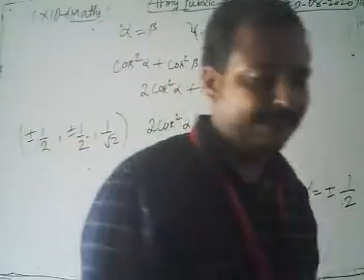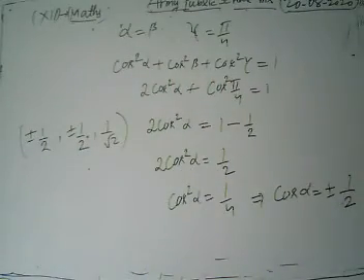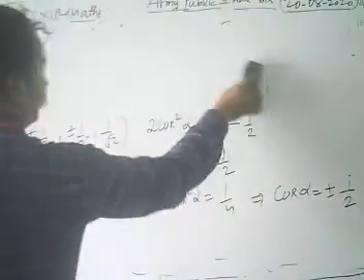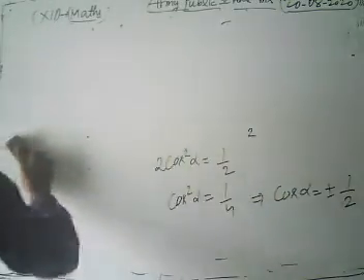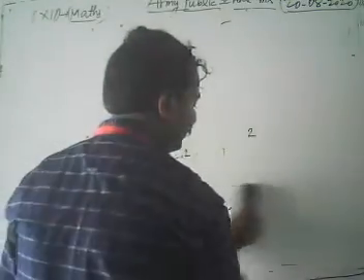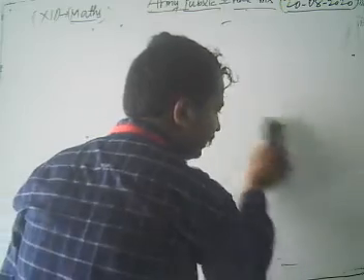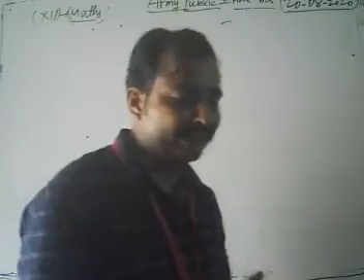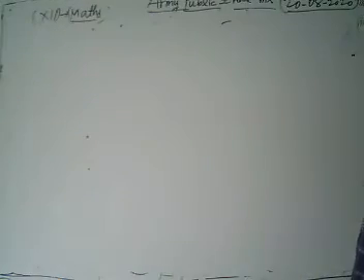Now look, we have to do some basic questions based on direction cosines and direction ratios. Now we are going to start with making the equation of a line. In three-dimensional geometry we are going to find out the equations of a straight line, that is, the equations of a line in space.